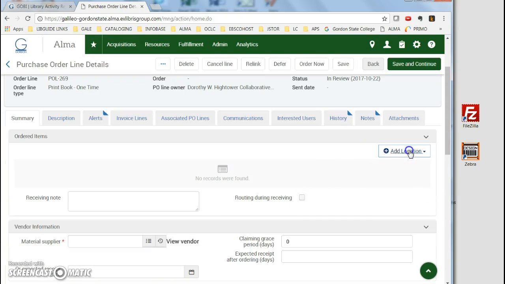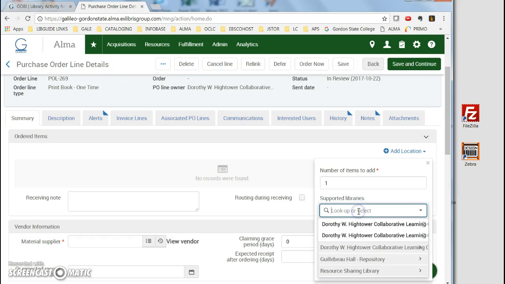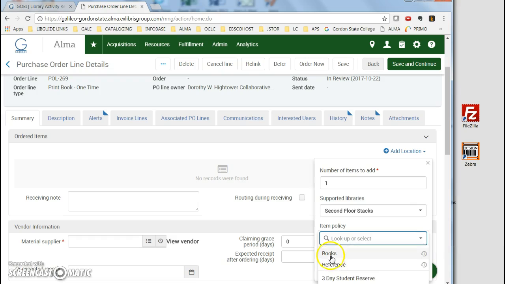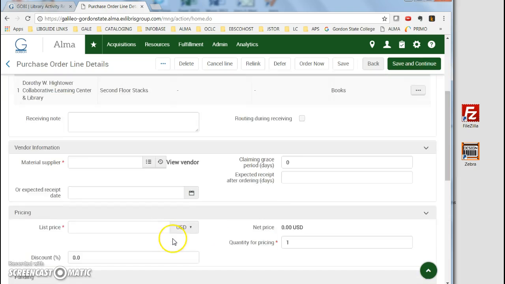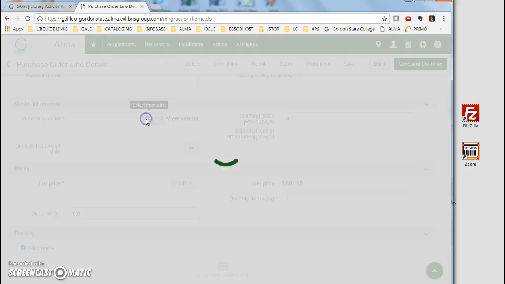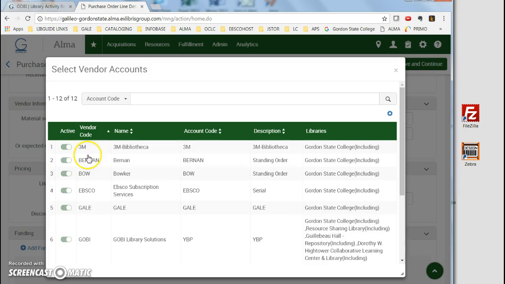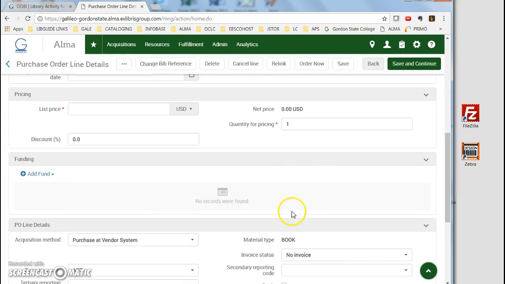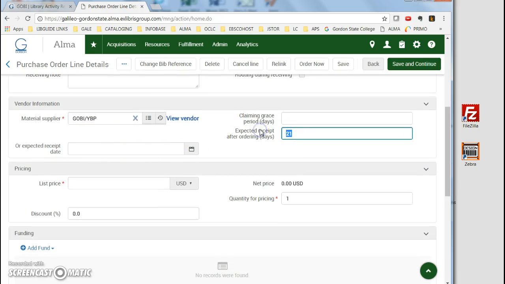And then we want to add our location. So we're adding the location Dorothy W. Hightower, 2nd floor stacks. And the item policy for this is going to be books. We click Add. And then we need to just continue as we did previously, selecting our vendor and entering the expected receipt after ordering days as 40, entering the list price, $39.99,